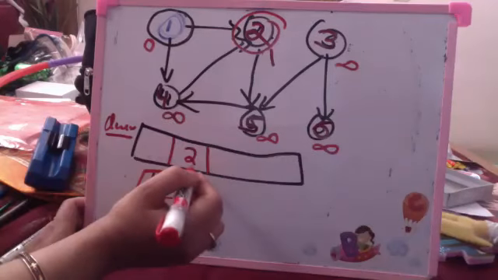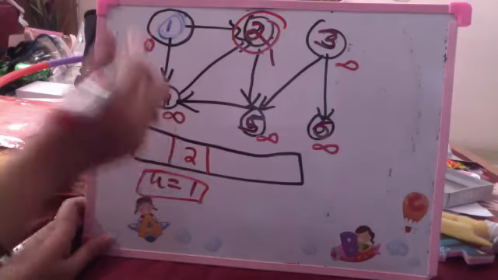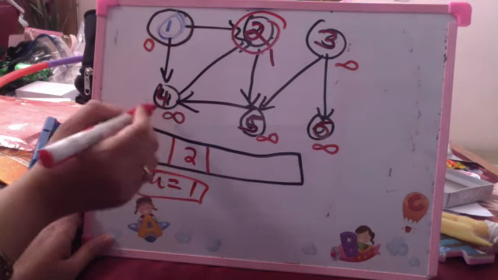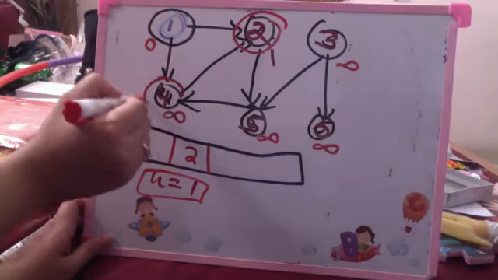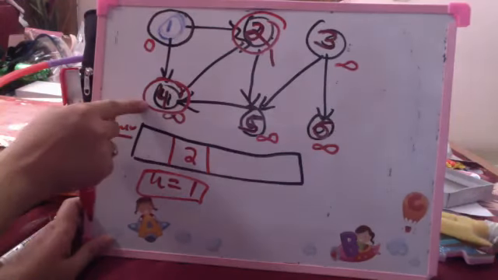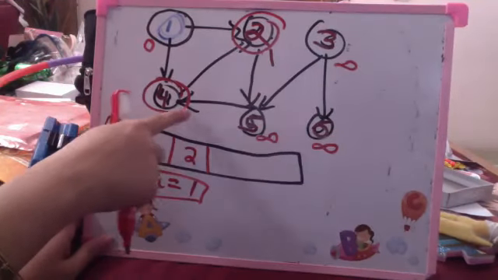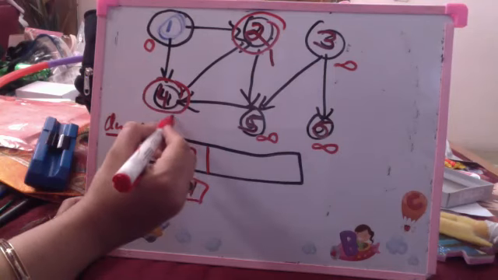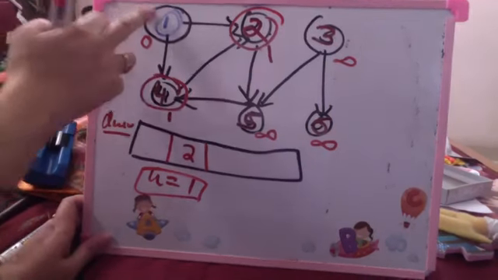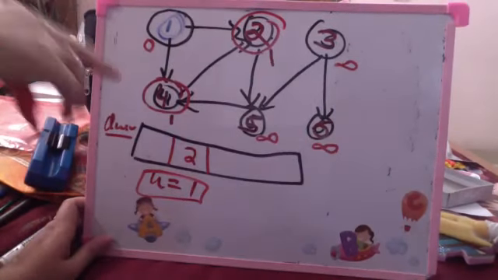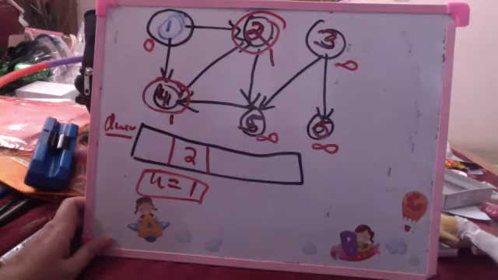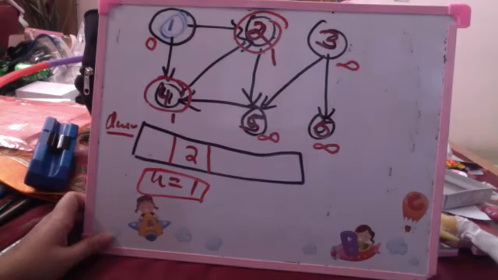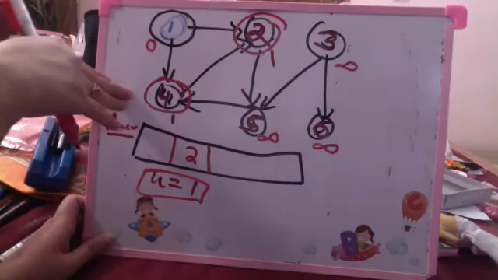After that, 2 is inserted in the queue, and I move on to the next adjacent node, which is 4. It is white. I color the node as gray. The distance is du plus 1, which becomes 1, and the parent becomes 1. I again see, is there any other adjacent node? There is no other node which is adjacent to 1.